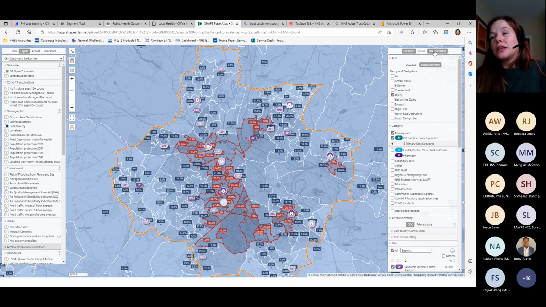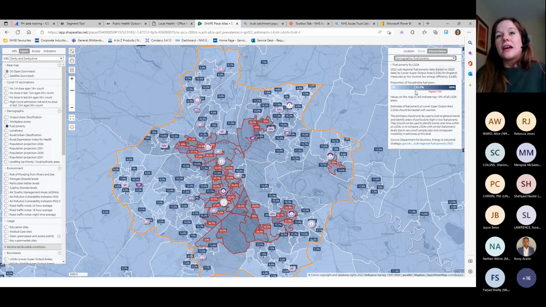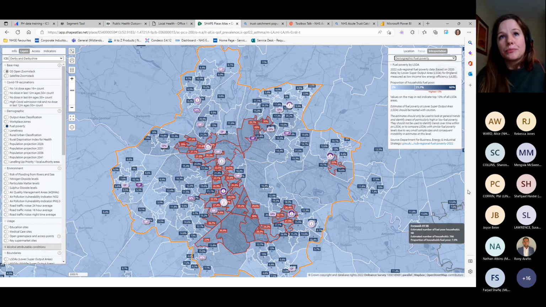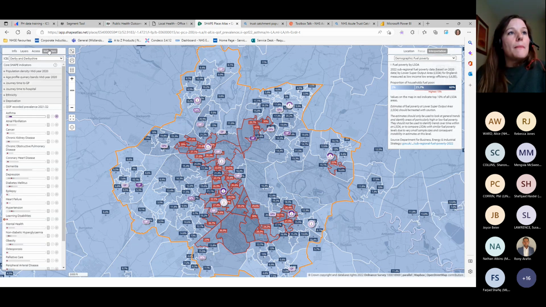The red ones, if I just click across the interpretation bit here and choose the layer on that, you can see that those outlined with red are the highest 10% LSOAs for this indicator. And within Derby, we can see that they account for around a fifth to maybe 43% of the population classed as living in fuel poverty. What I've been able to do with this map as well is map the QOF recorded prevalence of asthma. You can see here, these are all the different indicators that are also available to map.